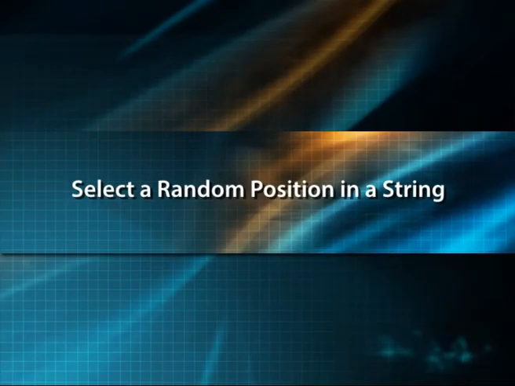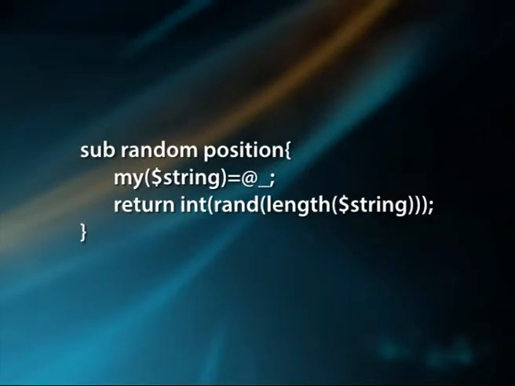Select a random position in a string. Here, we have to randomly select a position in a string. The built-in function length returns the length of a string. Positions in strings are numbered from 0 to length minus 1, as the positions in arrays. So, we will define a subroutine called random_position as given here. sub random_position { my ($string) = @_; return int(rand(length($string))); }